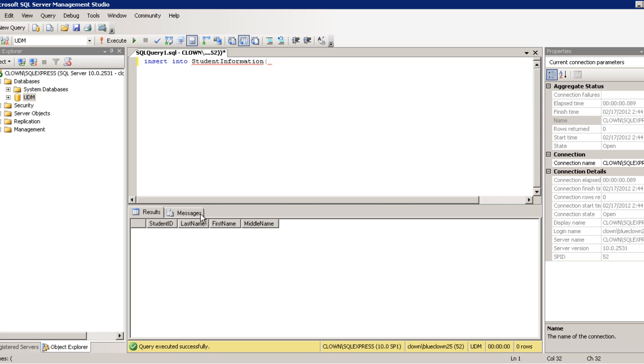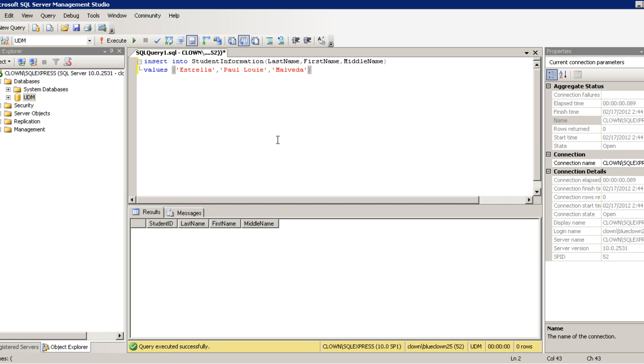So I'm going to use the last name, comma, first name, comma, middle name. And values are Estrella, comma, Pului, comma, Malbeda.